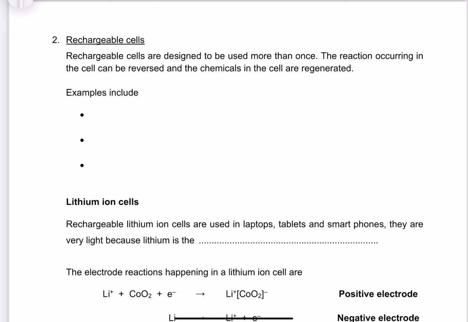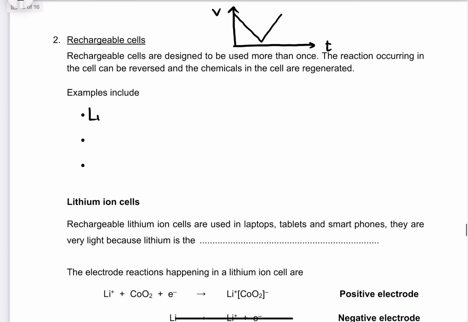Now we're going to look at rechargeable cells. These are the sort of batteries that we can use more than once, because over time our battery runs down on our phone and then we plug it in and we regenerate the chemicals and we recharge it. So this is things like the lithium ion battery